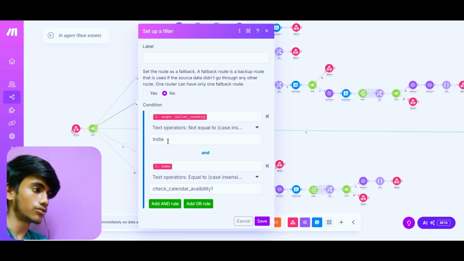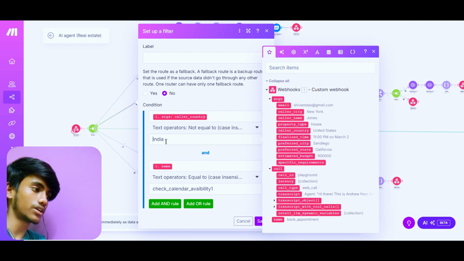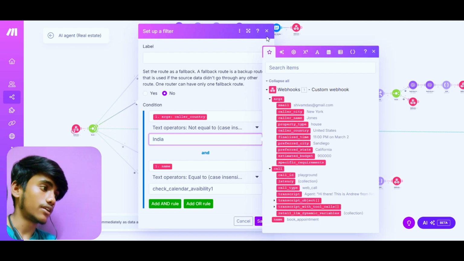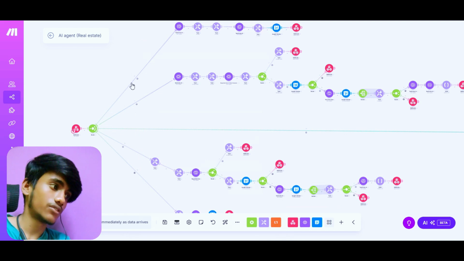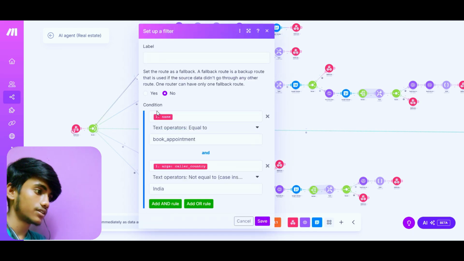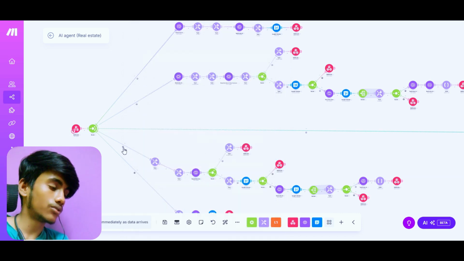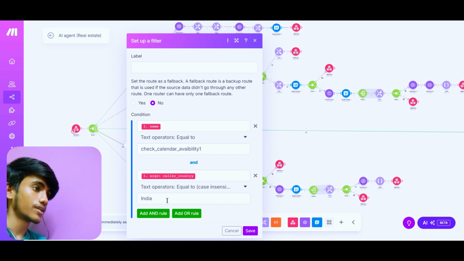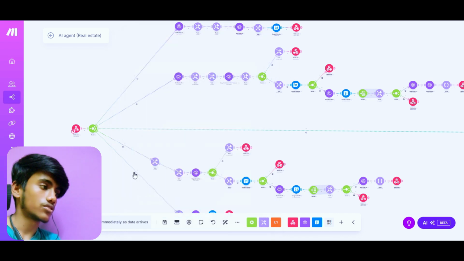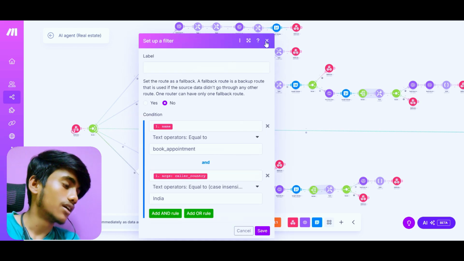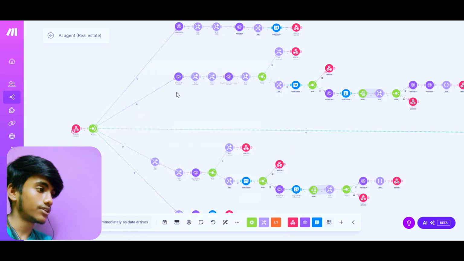You need to drop your own country and city here, right? Same for this filter as well. You need to drop your own country and city here. You need to drop your own country and city, and same for this. So this is for the filters, right? Now what you need to do again,